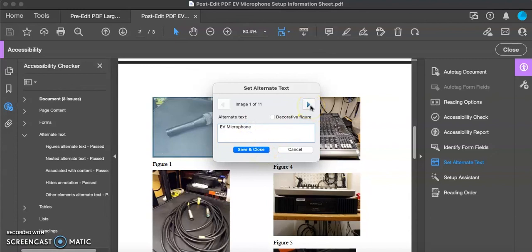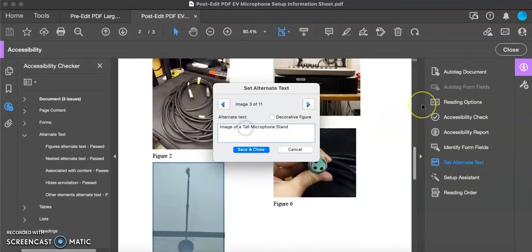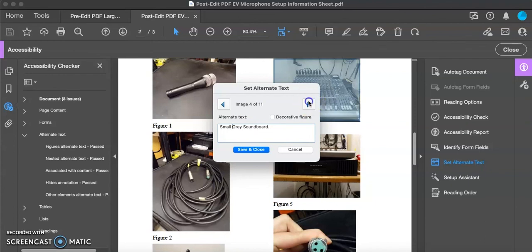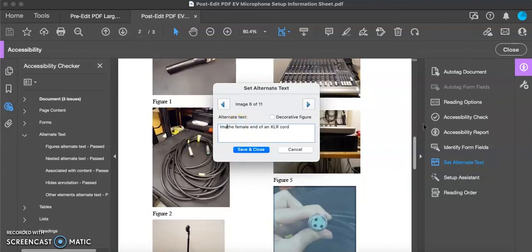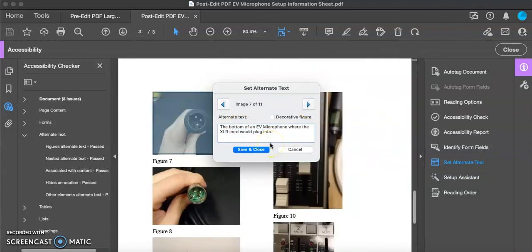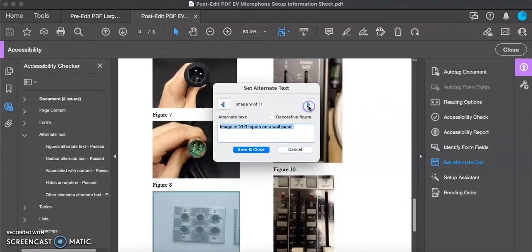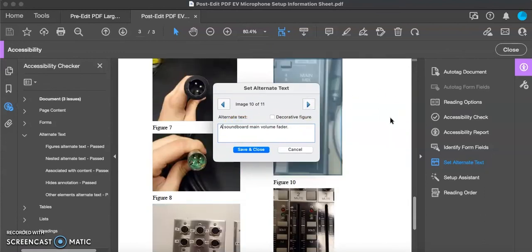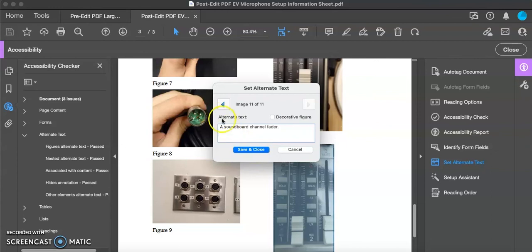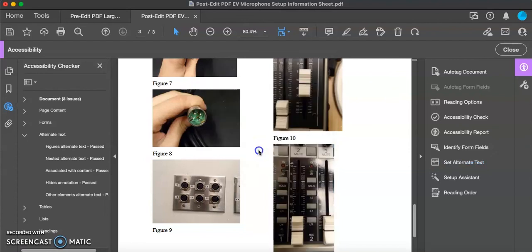And then we're going to continue to go ahead and check each image to make sure the alternate text is accurate and effective. All right, so now that we have completed fixing all of the alternate text for each image, we're going to go ahead and hit Save and Close.